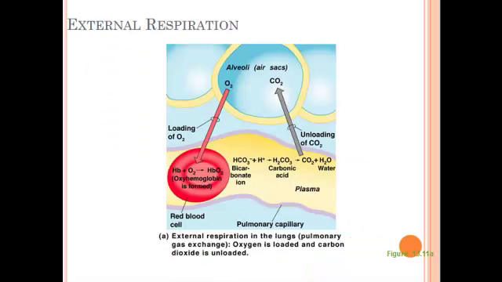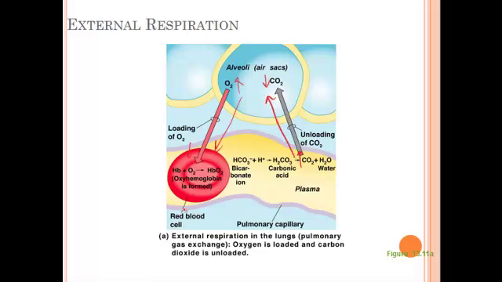So here's a little picture showing this movement. Here's our alveolar sac. Oxygen, as you breathe in, we have a high concentration of oxygen. There's a low concentration in the blood because it's coming back from the body. Oxygen wants to move into the blood. CO2 is opposite. High concentration of CO2 here because it's picked it up from the cells. Low concentration here, and so it wants to move from high concentration towards the low concentration.